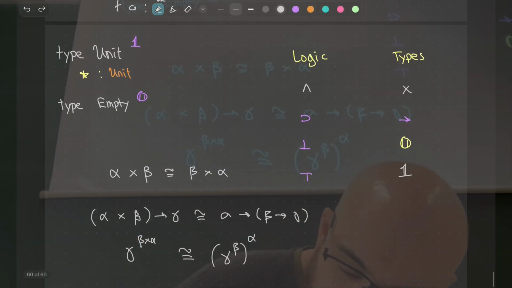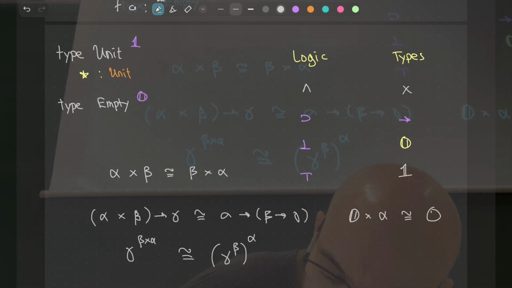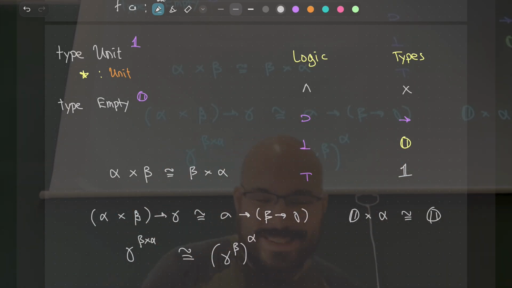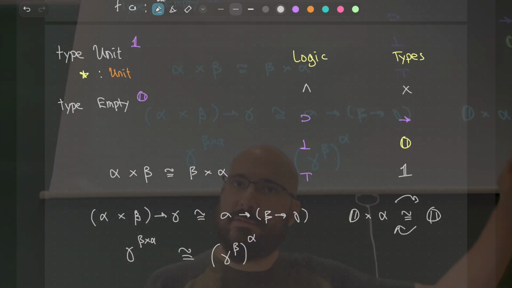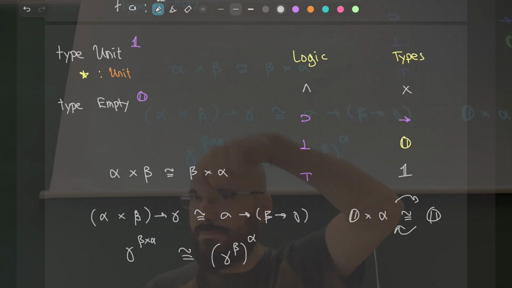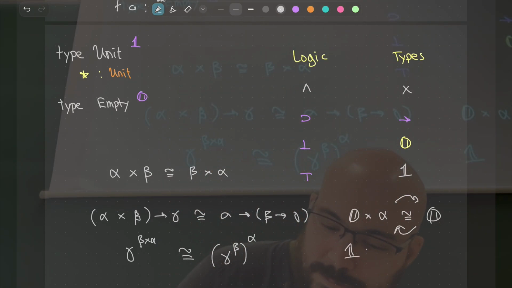And now someone might say, okay, then probably this thing, 0 times alpha, should be, oh, definitely not alpha, 0. So you will prove this. It's an easy exercise. Find a function that translates 0 back and forth. And probably I should have things like this.